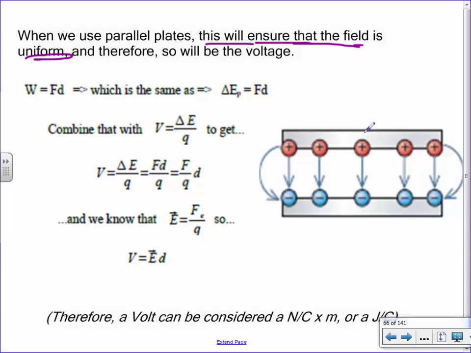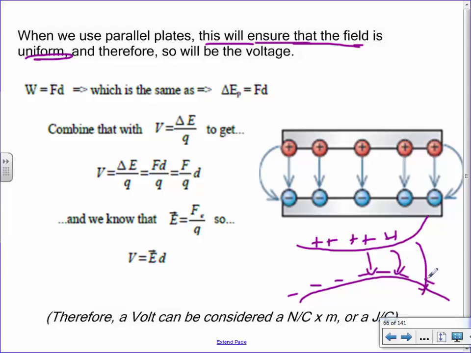If you use plates where you've got these nice flat anodes and cathodes, like a disc or a bar of some type, it's going to cause everywhere in here to have a uniform field. Okay? Because what would happen if you were to use a curved object and another curved object? Let's say that this was positive, and let's say that this was negative. Well, sure, you would still have a field where it would want to go this direction here, but if they were curved surfaces, you may end up having slight differences in terms of it not following a straight line path. You know what I'm saying here?